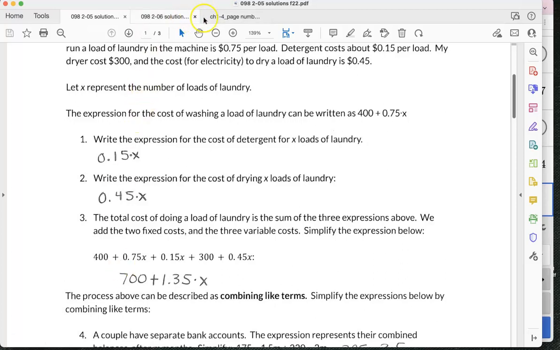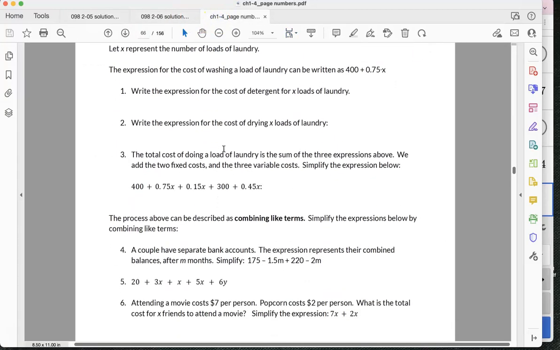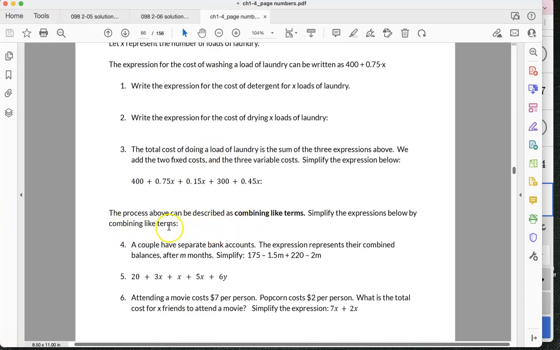So go ahead and simplify the expressions below by combining like terms. So this is an expression. A couple have separate bank accounts. The expression represents their combined balances after m months. So one person has $175 and their bank account is decreasing. The other person has $220 and their bank account is also decreasing. So to combine these together, take 175 plus 220,